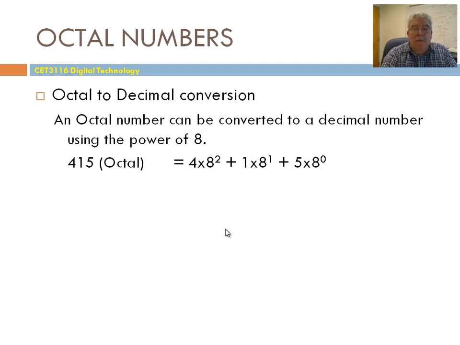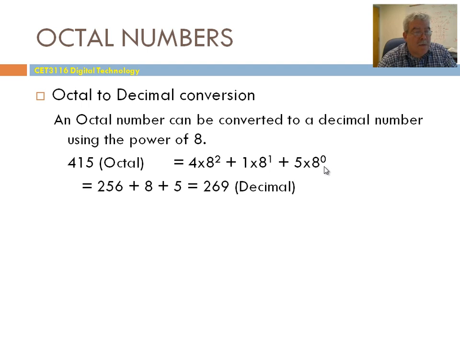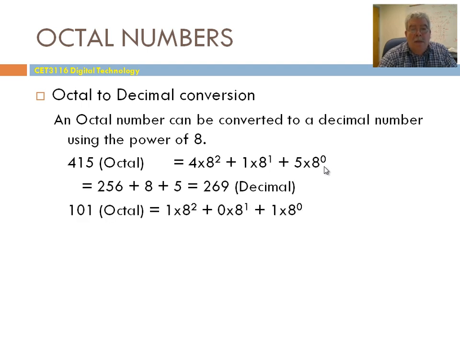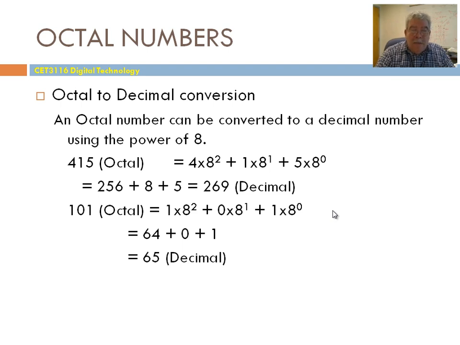So 415 is going to be 4 times 8 to the second plus 1 times 8 to the first plus 5 times 8 to the 0. And this is all we need to convert. 101 octal, if you want to know the decimal, is simply plugging the coefficients 101 into the polynomial. Now, from decimal to octal,